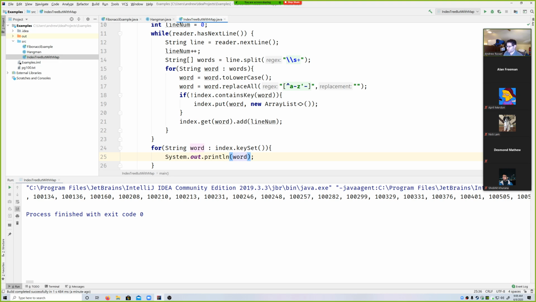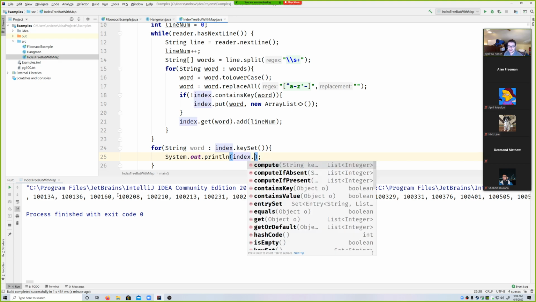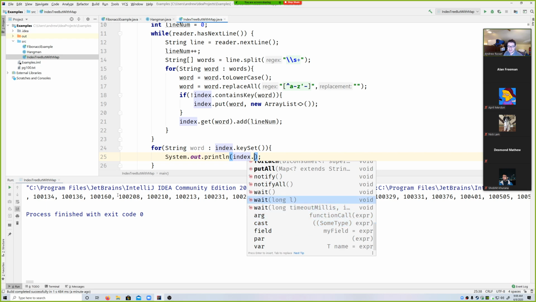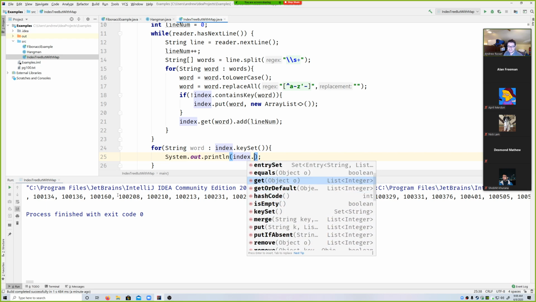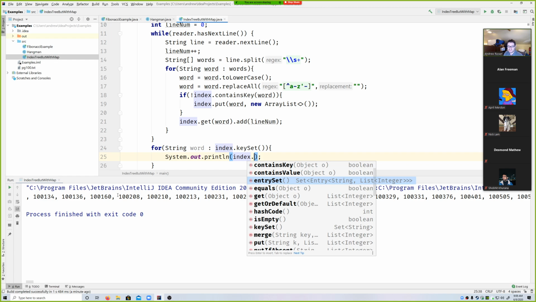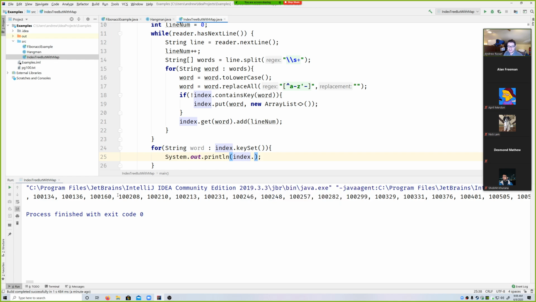So, oh yeah, this is just going to be numbers. Wait, no, it's going to be the association of those. Print out word. Actually, we can print out index.get, index dot. Let's see, is there a... nah? We'll just do word